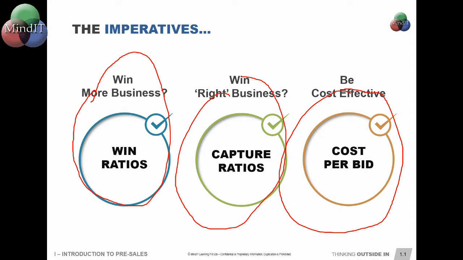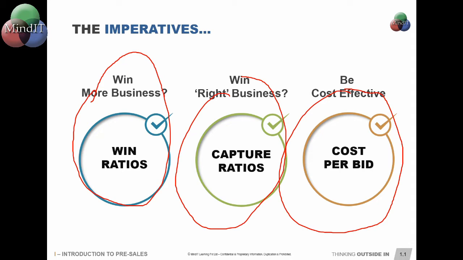Here again, win ratios can then also be further subclassified by geography, by domain, by technology, and all of those. And each one has its own role to play given the size of the organization and the spread of the organization. When it comes to capture ratios, it is all about the value of the proposals won to the value of